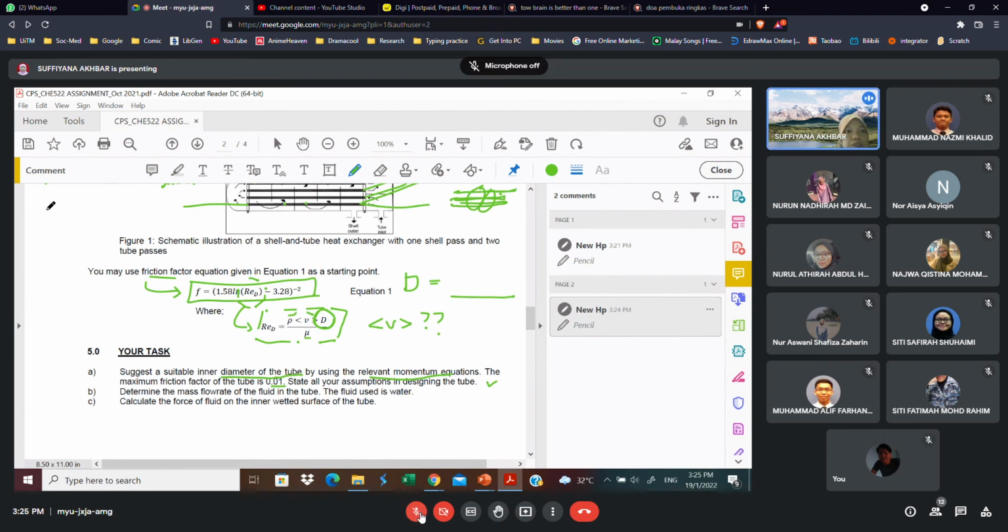Maksudnya kita buat momentum shell balance tu ataupun nak guna appendix ke terpulang lah. Last sekali kalau kita derive, apa target kita, main objective kita? Kita nak cari velocity profile kan? Dapatlah satu velocity profile. So from this velocity profile, we can find or determine another property which is V maximum, V average and also the F, force.